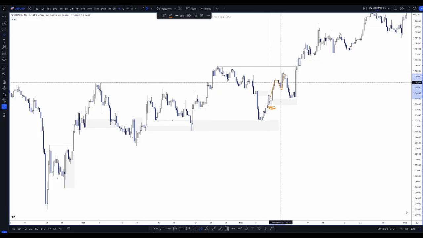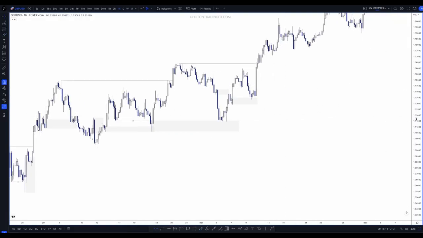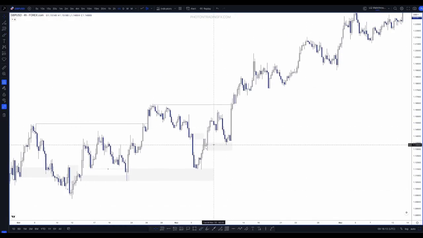And then again, what happens? It entices early buyers into the market, they get liquidated, and then we come into that last level there, and then we go. Okay, so this is somewhat of a sweet POI. Again, it's a little bit far away. It's kind of what I was saying, right? In terms of, so if I draw it on first,